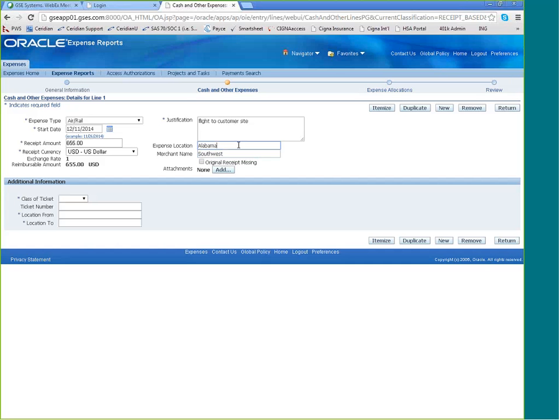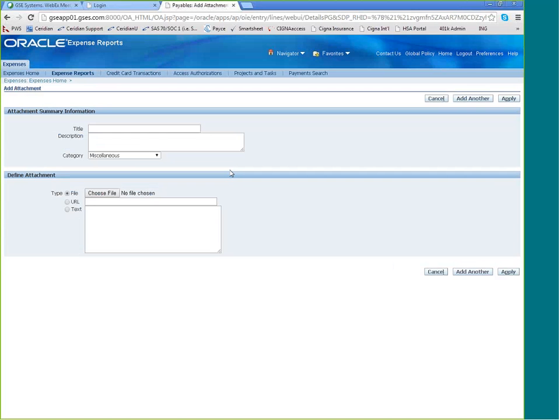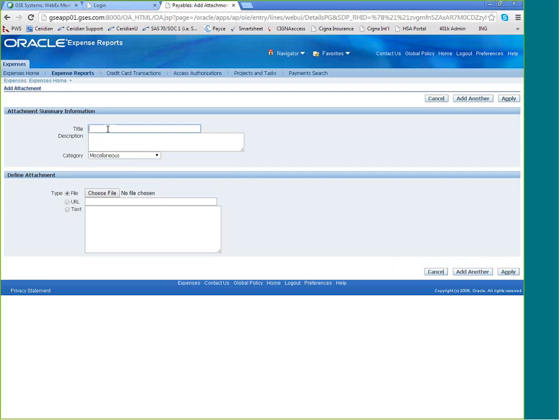So here it wants the expense location, so that's the state that we were in. If it's overseas, it can just be the country that you were in. The merchant name, and then right here, very important, there's an area where you can click to upload a receipt. This is where you would upload your flight itinerary and receipt. You'd click Add. It would pull up an additional screen where you could put in your flight itinerary. You don't need to leave a description. Category, you could put receipts,